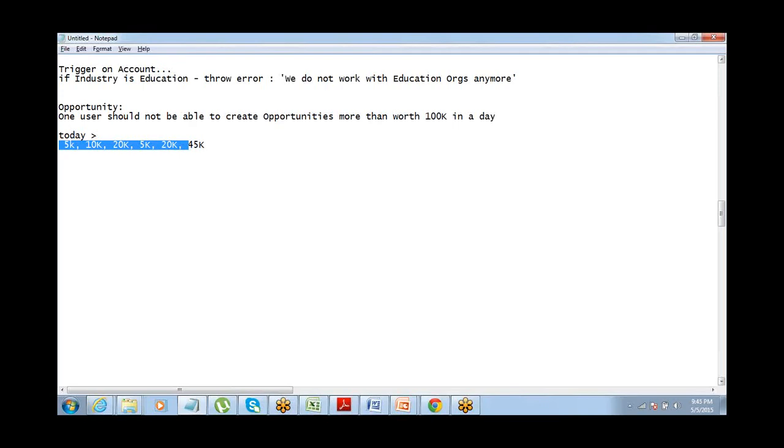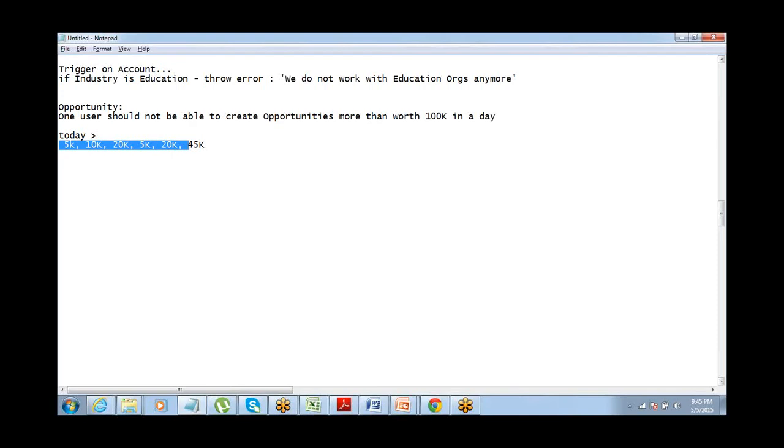use the today function. The today function we will use, that's absolutely correct. Apart from that, we need to sum the amount along with the today function. If it exceeds 100K, then we should throw an error. Right.